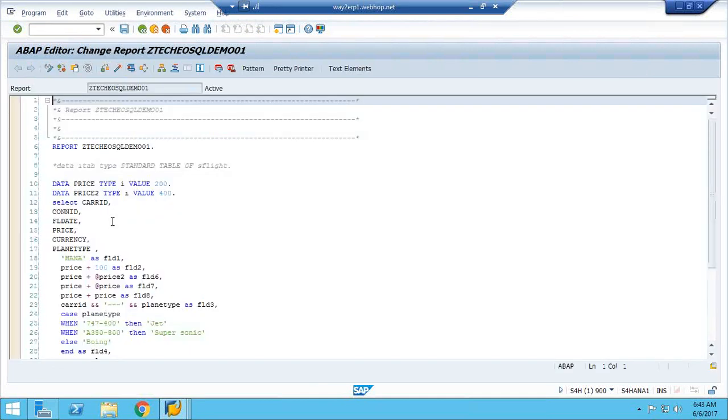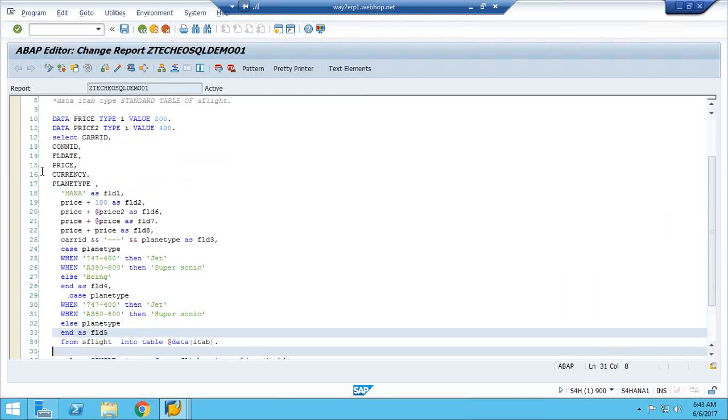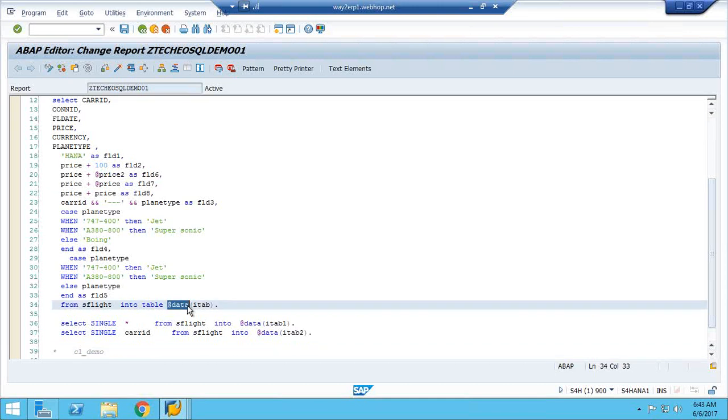If you remember, in the last session we discussed inline declarations. How can you declare without declaring any internal table? How to capture the data with the select statement, with the data statement and the at-the-rate symbol. The at-the-rate symbol is used for an external variable.